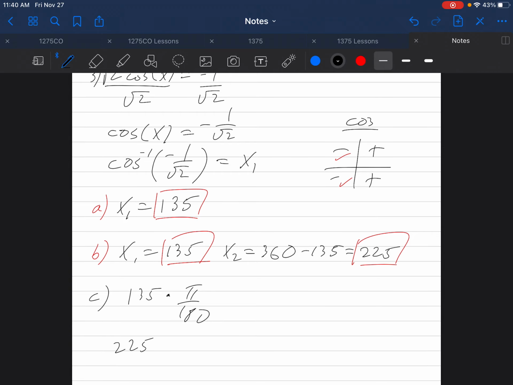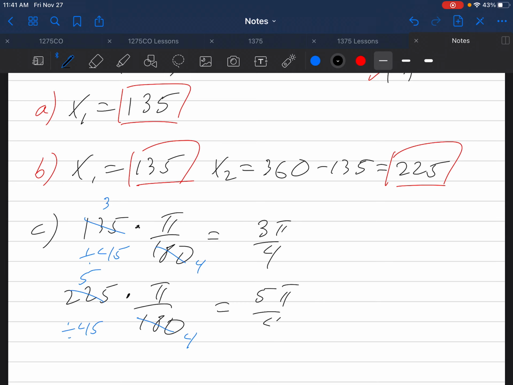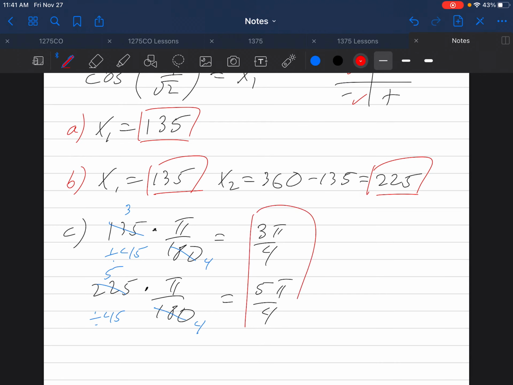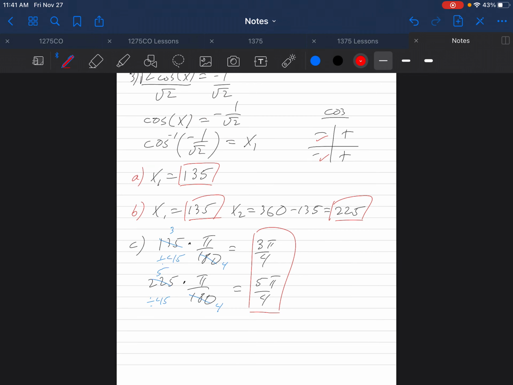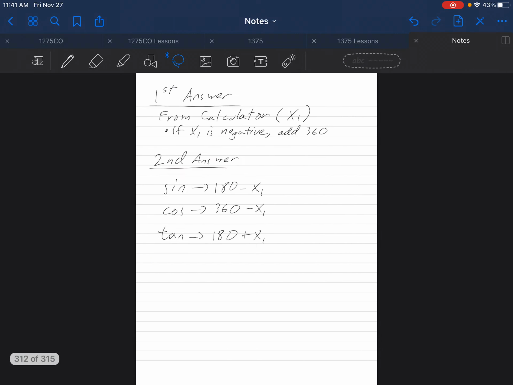Converting into radians to figure out part C, we can take 135 and divide by 45 to get 3 up top, 4 on bottom. So 3 pi over 4 radians. Divide by 45 once again. 4 is on bottom. 225 divided by 45 is equal to 5. And this is equal to 5 pi over 4. So again, our radian equivalent of 135, 225 is going to be 3 pi over 4, 5 pi over 4 radians. To sum up,